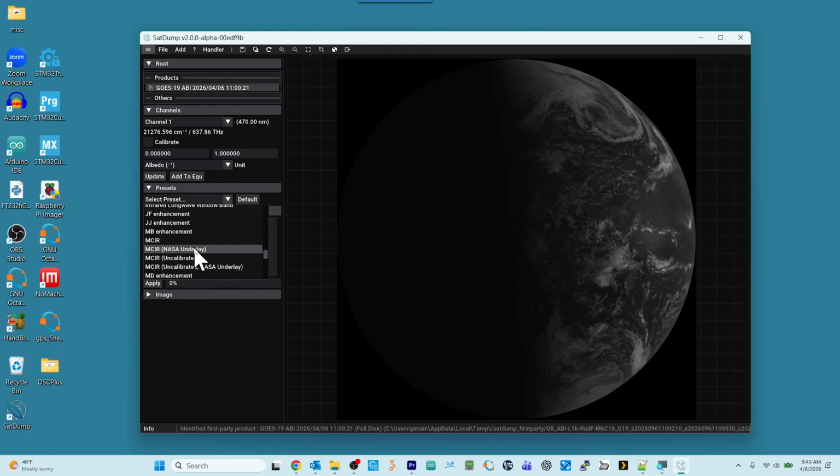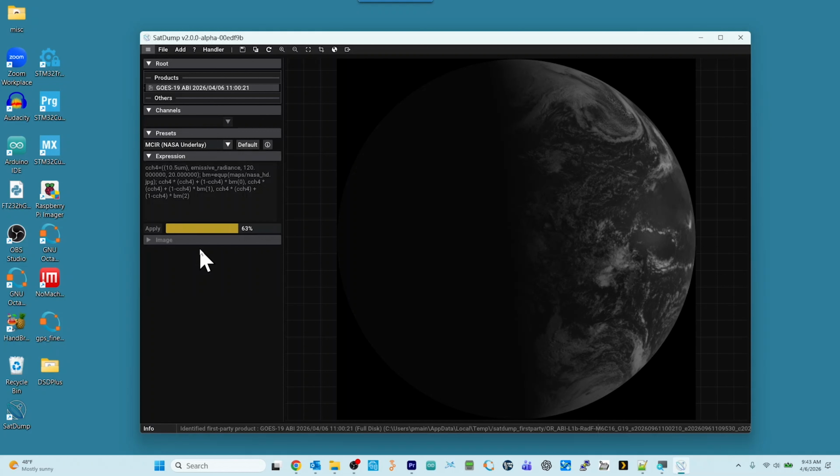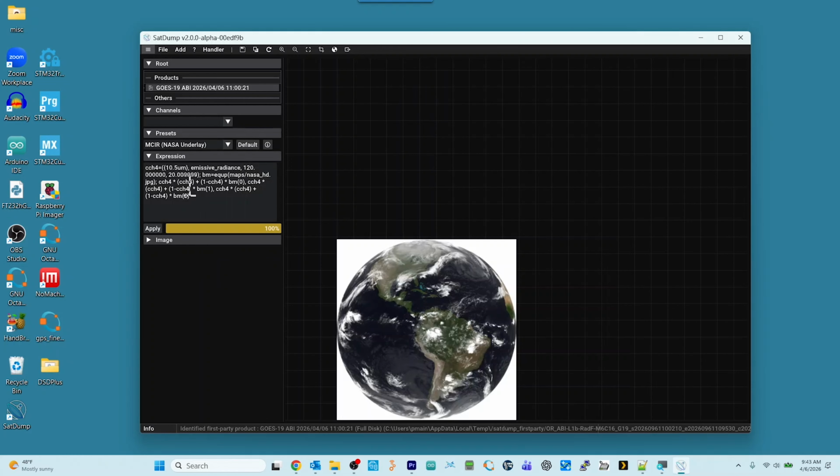In our case, what we're going to do is we're going to scroll down to MCIR, and we're going to be using a NASA underlay. So I'm going to left click on that, and it is starting to process now. So the thing I want you to notice here is that we're using, in this expression, you can see what all is being used. There's channel 4, channel 1,